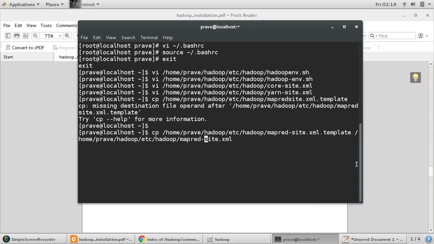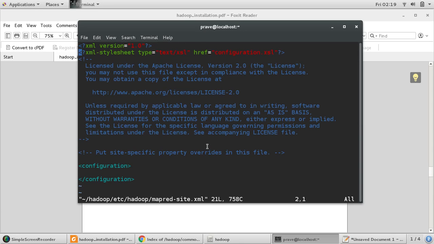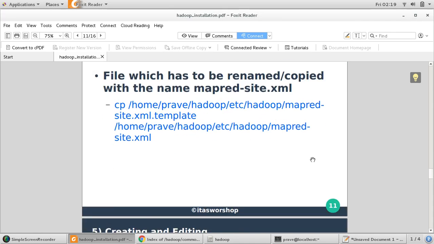So from the template file we are generating only the mapred-site.xml file. So this is copied. Now you open your mapred-site.xml. Likewise we set yarn-site.xml, and now we need to set mapred-site.xml. You just open your mapred-site.xml with the vi editor, and